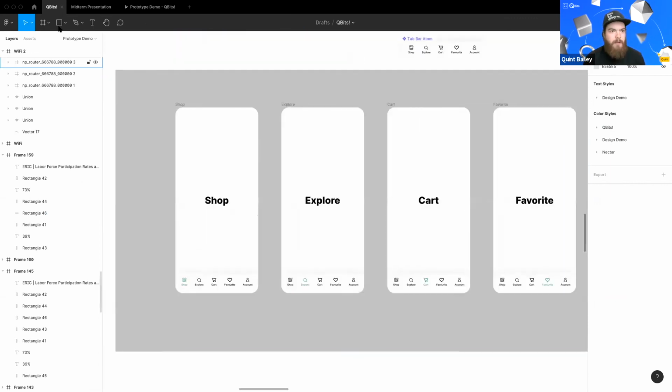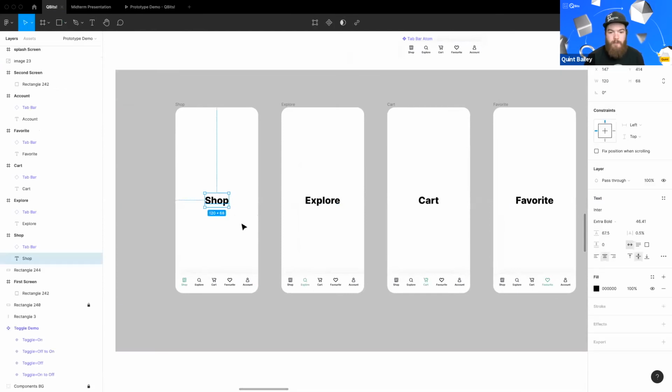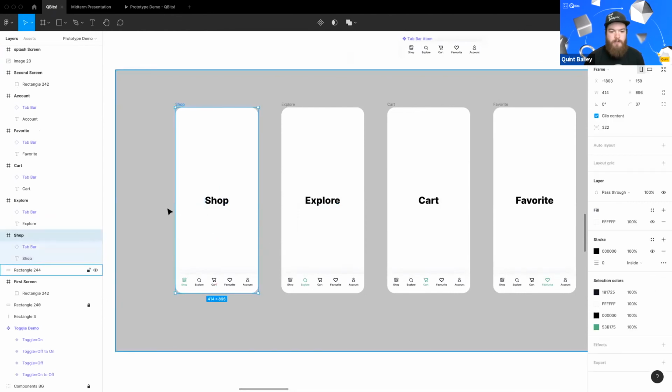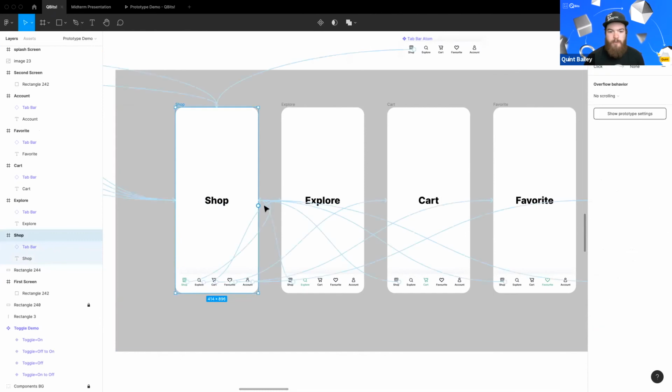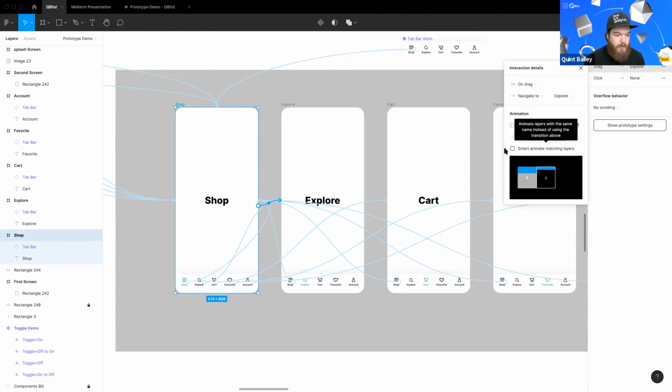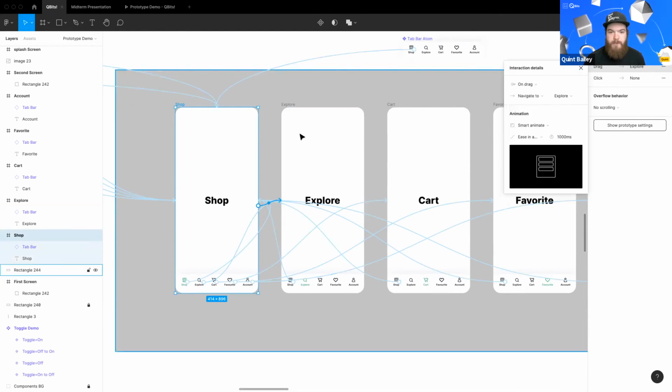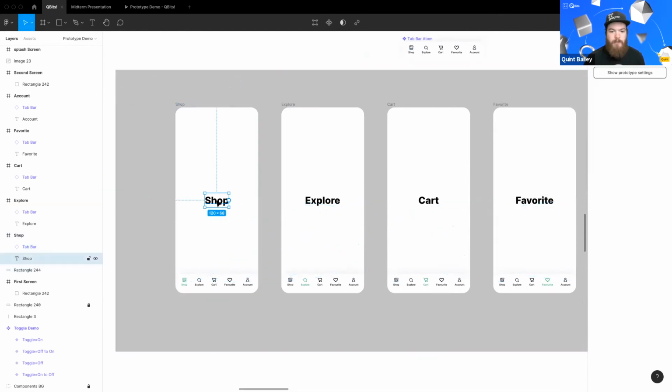The last thing I'm going to talk about for these guys before we go on to the next one is if you want to do something off the frame and you want it to come onto the frame. So let's say between shop and explore, let's make this interaction a little bit better. So we're going to go to prototype and I'm going to make it so if you just click on it, it just brings you to explore. And that's just for our demo here. Let's see, if I go to smart animate, I can smart animate between them. And maybe I want shop to go off the screen and I want explore to come in from off